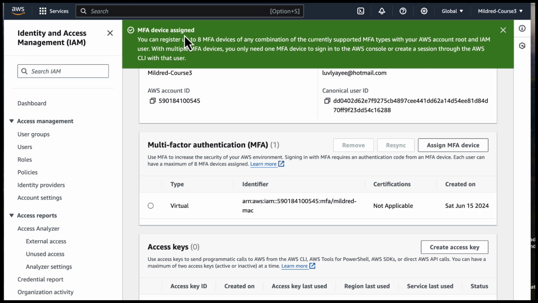So this is where we end this lesson. In the next lesson, we're going to look at Elastic Cloud Compute. Thank you and see you in the next